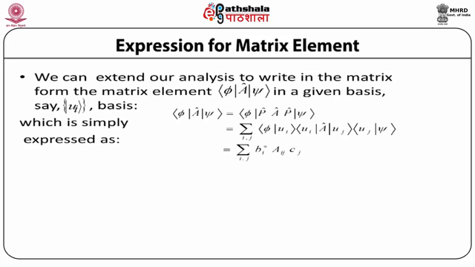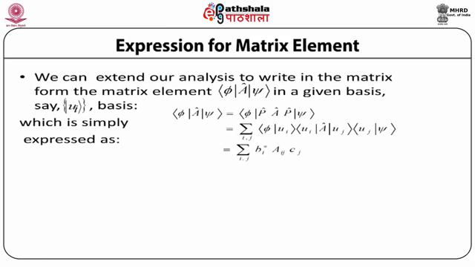And thus we finally have ⟨φ|A|ψ⟩ = Σ_ij b_i* a_ij c_j, where b_i* are the row matrix,